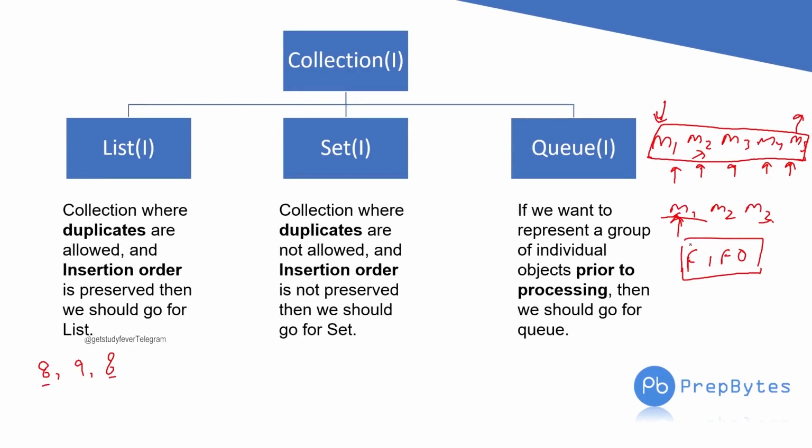Now we will deep dive into list. Then we will see the implementation classes of list. Then we will go to set, see the implementation classes of set, and then we will go to queue and see the implementation classes of queue. This will be the approach. Then the collection interface will be completed, and then we will go to the map interface. So this was collection, list, set, and queue. Let's see now